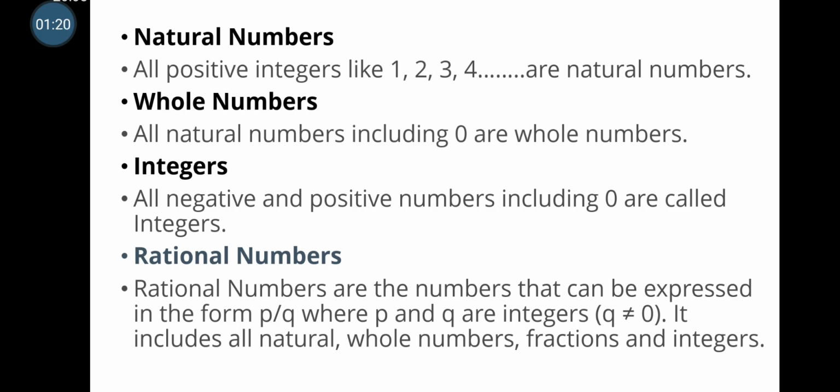Then, how come natural numbers are also rational numbers? If it is simply the number 5, I am telling, that can be written as 5 by 1. Okay, so if nothing is there in the denominator, we can take it as 5 by 1. So then it also forms the form of p by q. That's why all natural numbers, whole numbers, integers are also included in rational numbers.